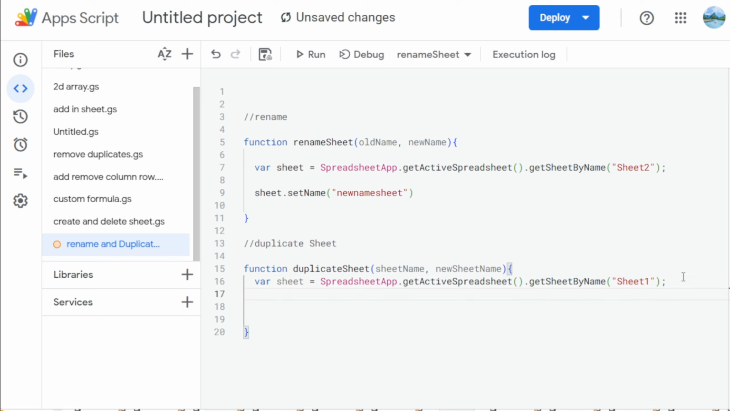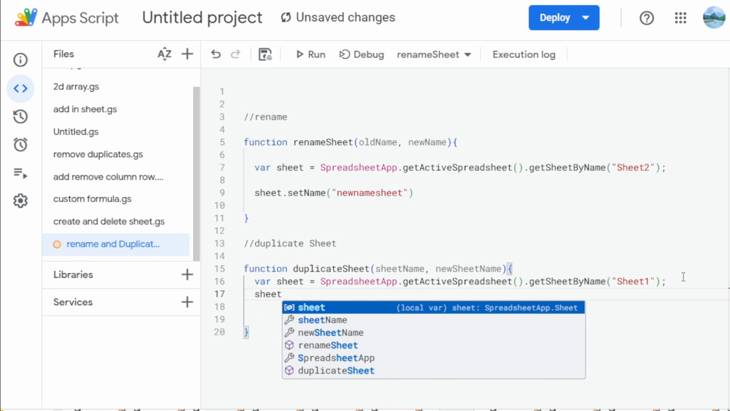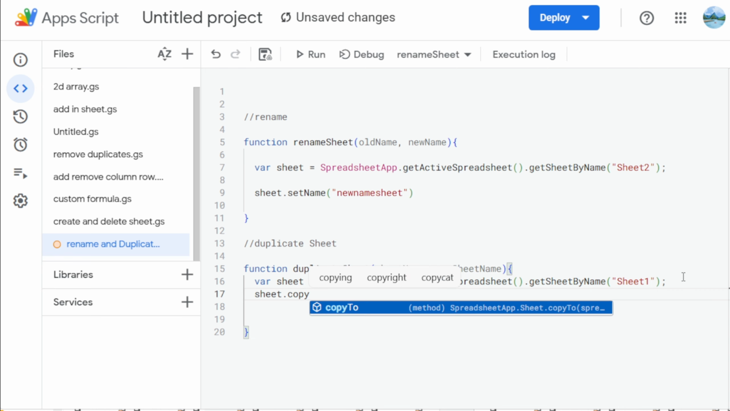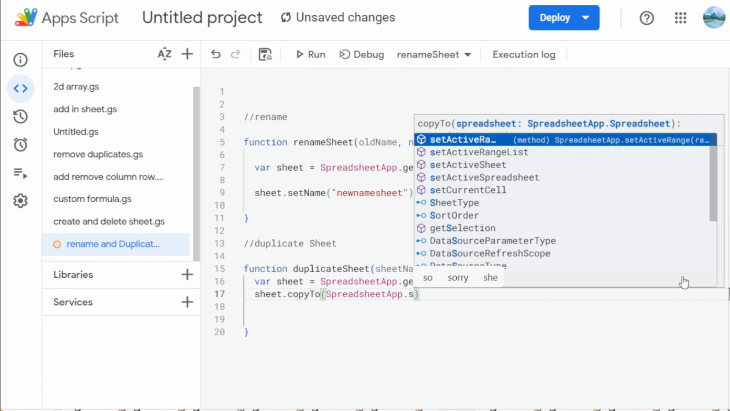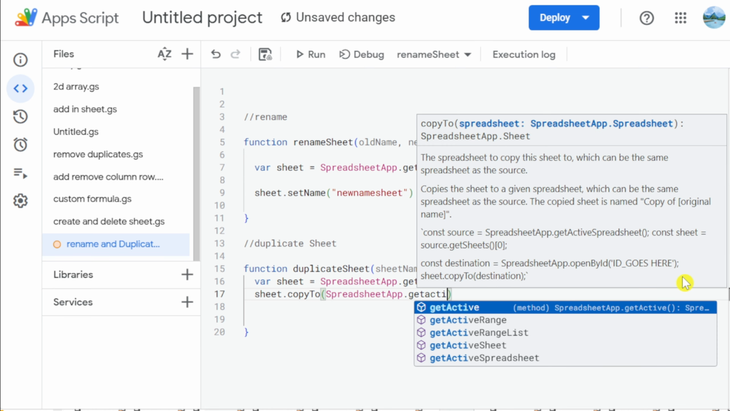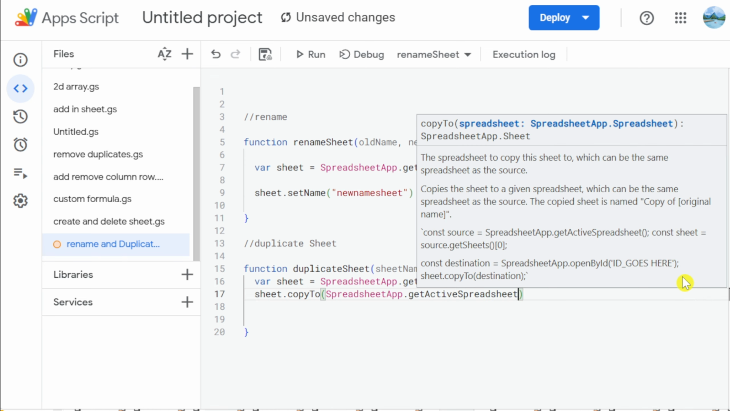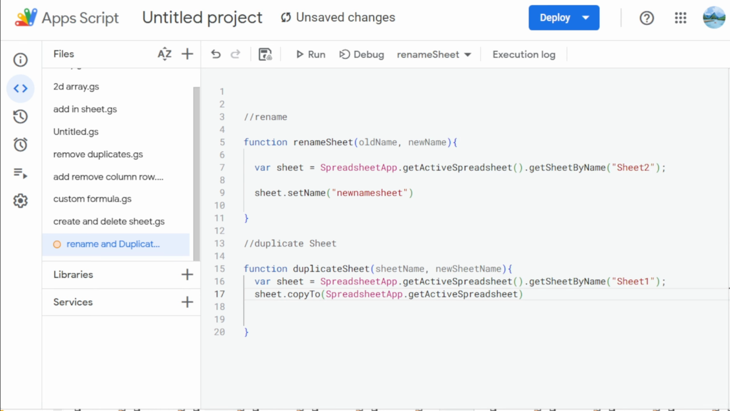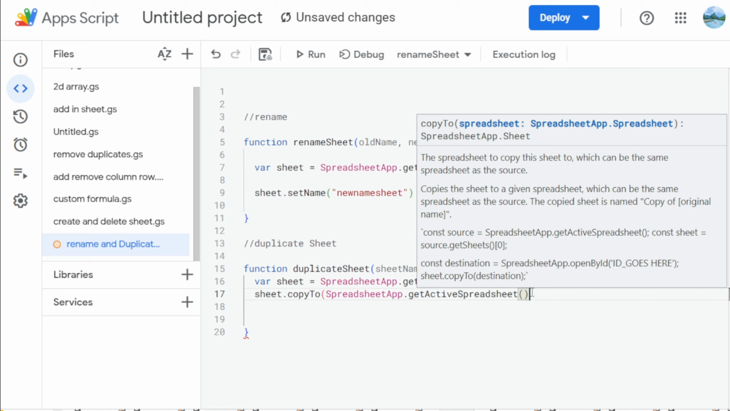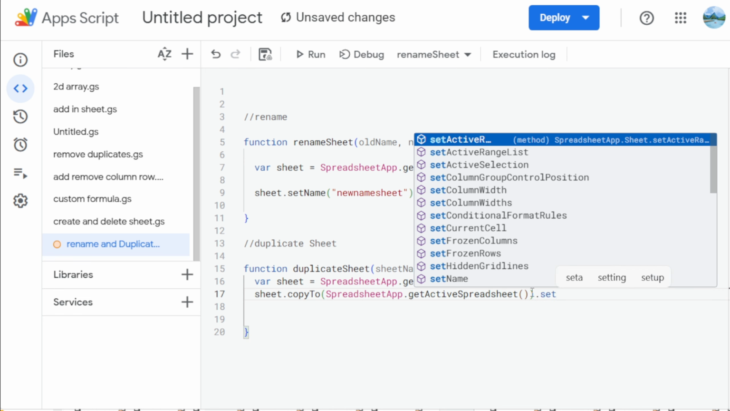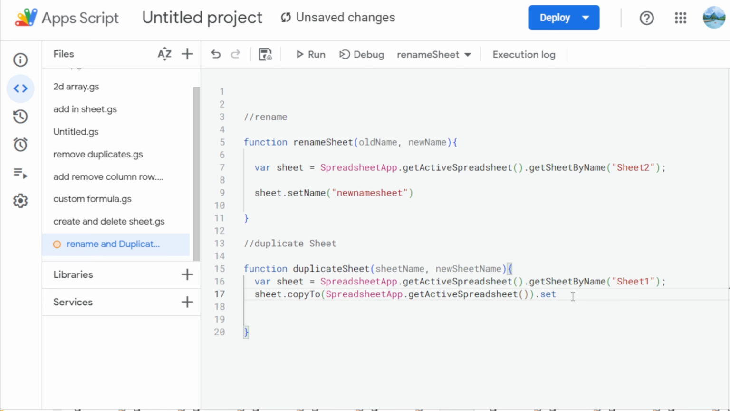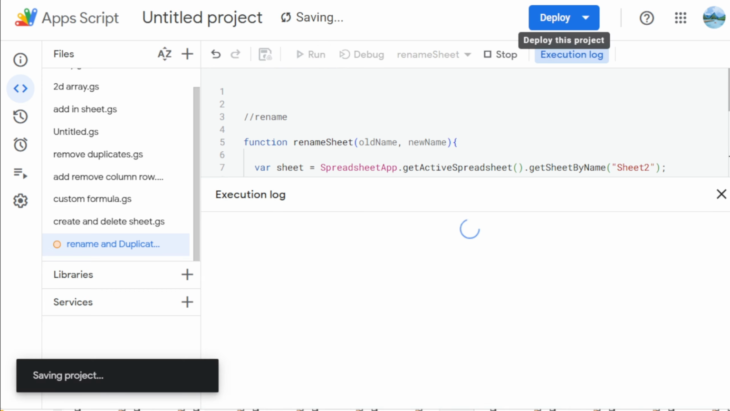Now sheet.copyTo, SpreadsheetApp.getActiveSpreadsheet, dot setName, because we can directly do it, no? If I do it directly,